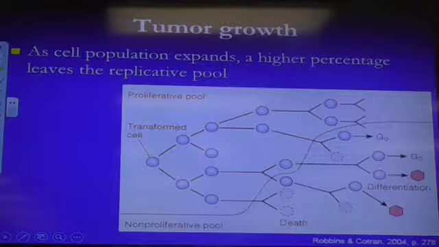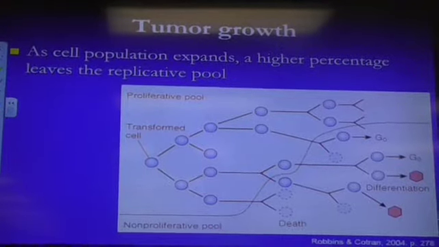They're in the G0 part of the cell cycle. They either differentiate or die. You still have that population continually growing and causing the tumor to get bigger, but this is the only population that will respond to the chemotherapeutic drugs. So that's where a lot of the problems come in, the people with cancer. We're going to get into